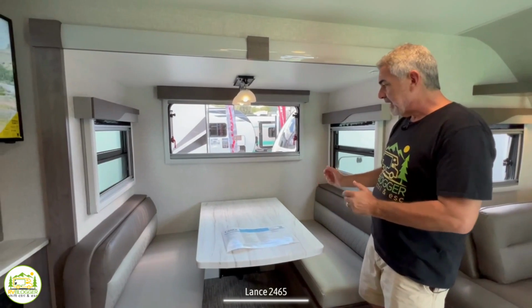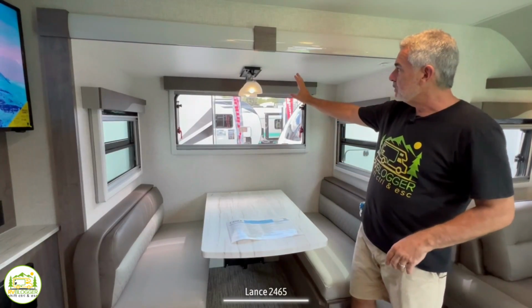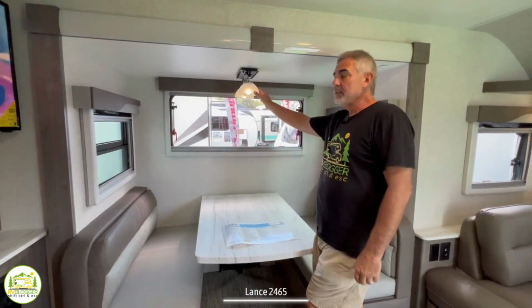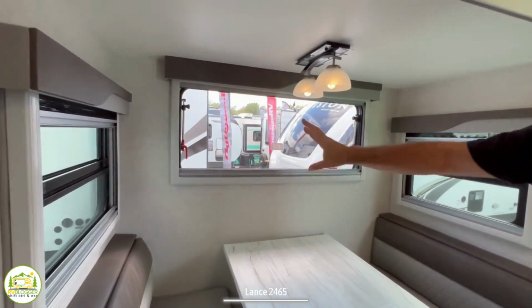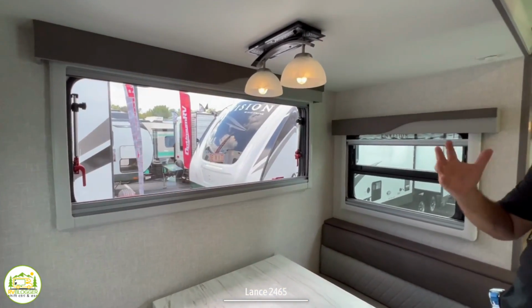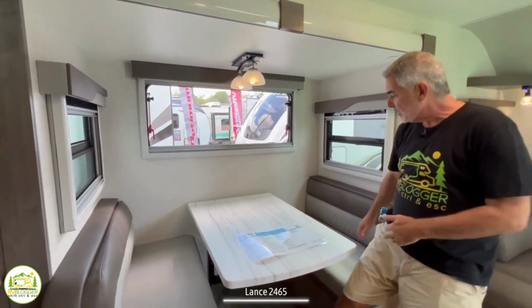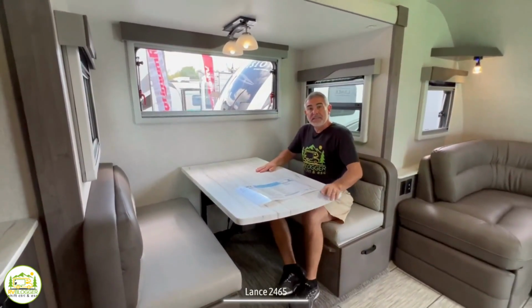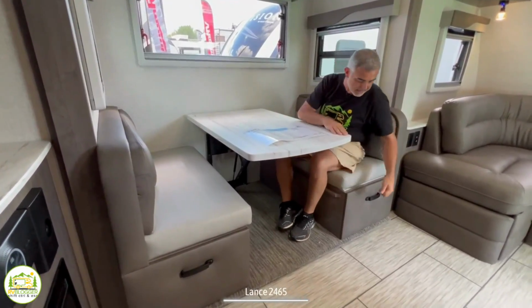The dinette is set into a slide out, and so it creates a lot of space inside this trailer. Now, you'll notice from top down, they have these really nice fixtures built in here, very nice touch. Again, you've got 3 windows around your dinette, so it's very nice and bright and open in here, a lot of natural light coming through. Now, in the dinette itself, you could easily seat 4 people here, that is for sure, and each of the dinette booths